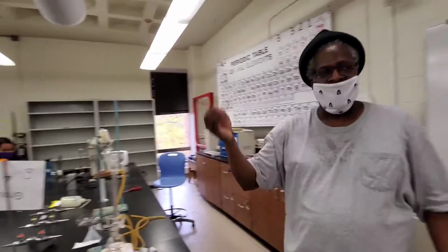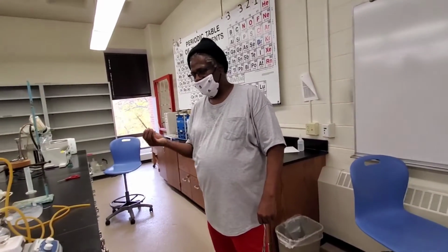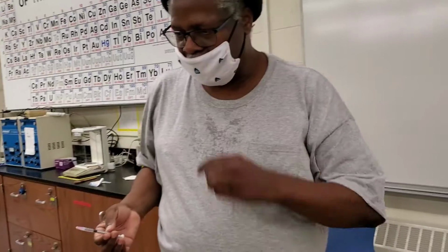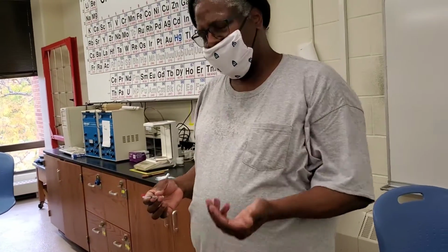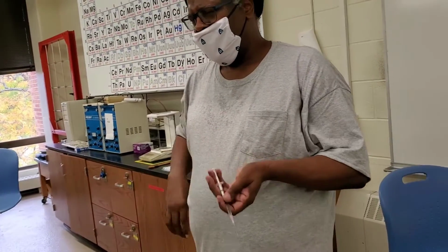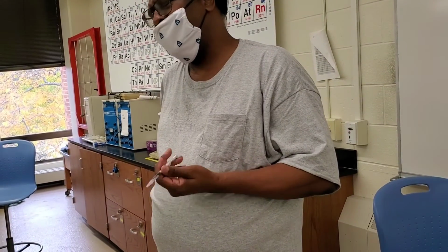Okay, so some of the reagents, reactants are going to be liquids, and in many cases you may have to use this type of syringe. Of course, again, if you have to use a bigger type syringe, that's fine. In most cases, once you finish with this syringe, you don't really need to use it again. There might be cases where